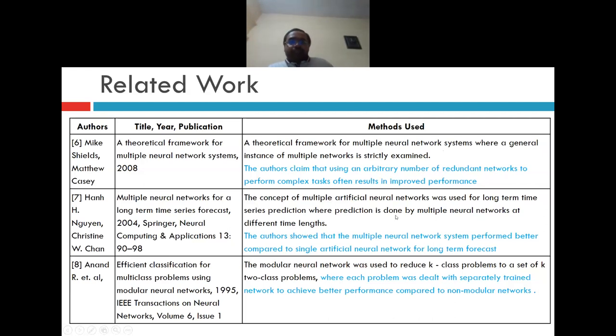Now the concept of multiple artificial neural networks was used for long-term series prediction, where prediction is done by multiple neural networks at different time lengths. So here the authors showed that the multiple neural network system performed better compared to a single artificial neural network